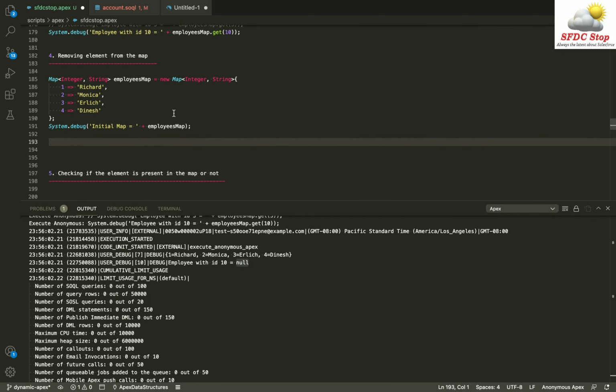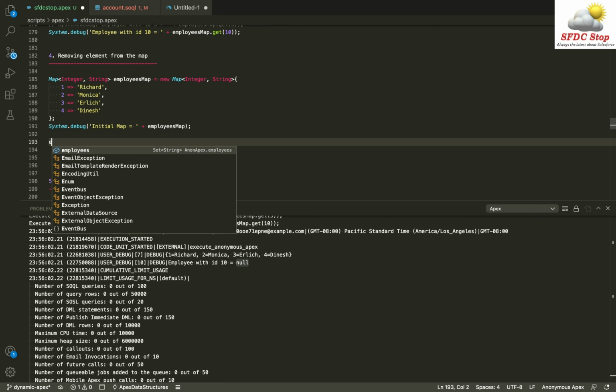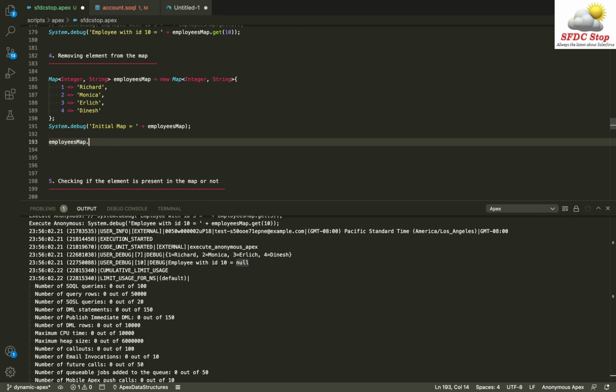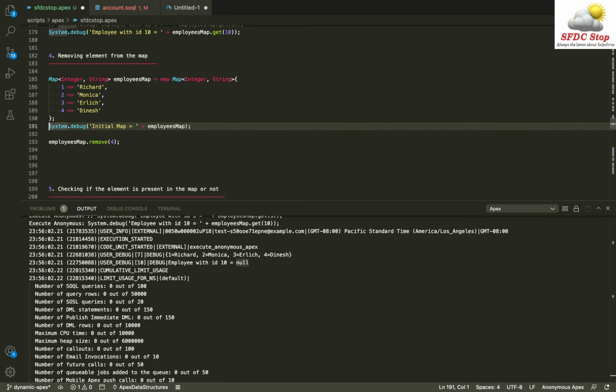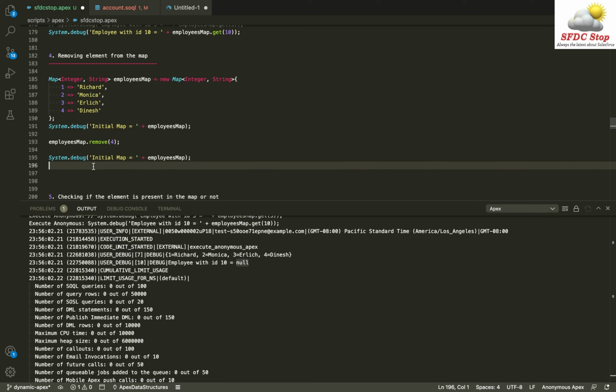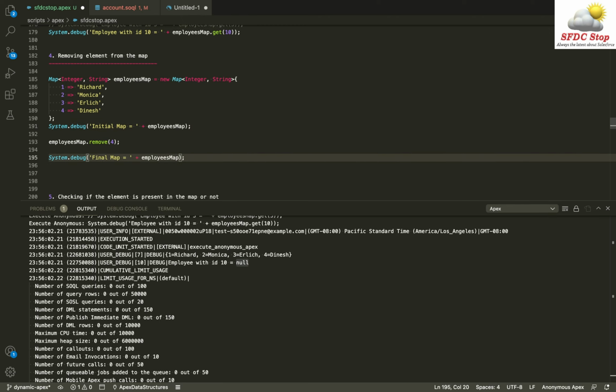I can simply remove the element from the map by using the key. So I can simply do employees map dot remove, and in this remove method I can simply pass the key. Let's say the key is 4. I want to remove the last element, which is nothing but the 4th employee, and after that I can simply display the map again, and say final map is equal to this.